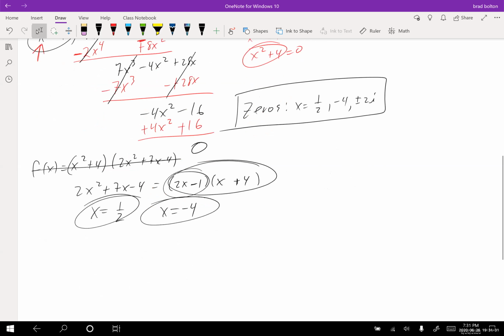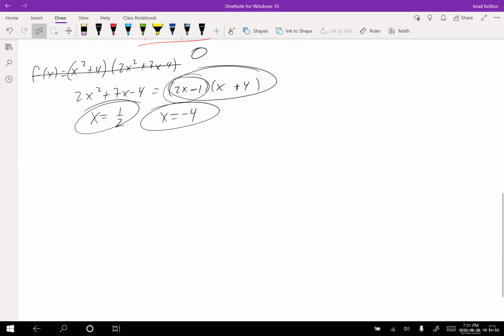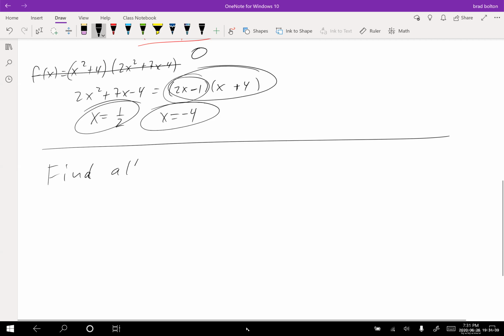So let's do one more. So here it says, find all the zeros. It doesn't say complex, it doesn't say real. So if you want to find all, then they mean all the complex zeros. So what we're going to do is we're going to say f of x equals, this is the problem they